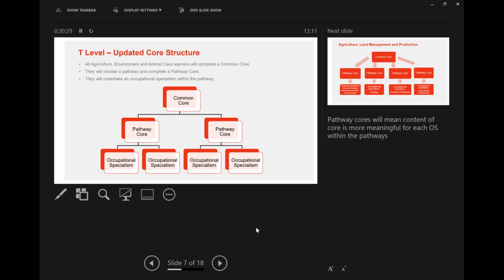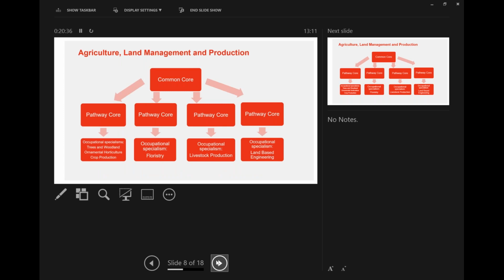To illustrate that structure within the land-based qualification, if we start with the agriculture, land management and production pathway, as you can see, all students take the common core.